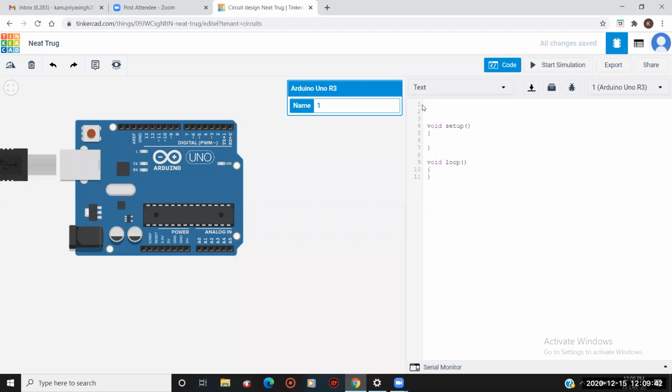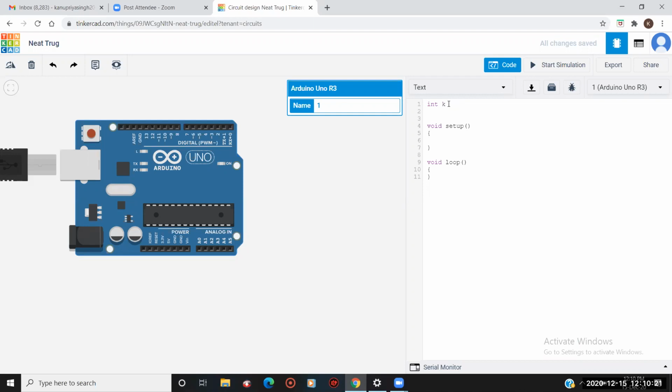So for that, we have to declare a variable. If we want to print the integers, you know integers, right? The 1, 2, 3 numbers are the integers. So for that, the data type used is int. Int is the data type for storing the numbers in it. But now we have to also define the name of the variable. So let me take the name of the variable as k.